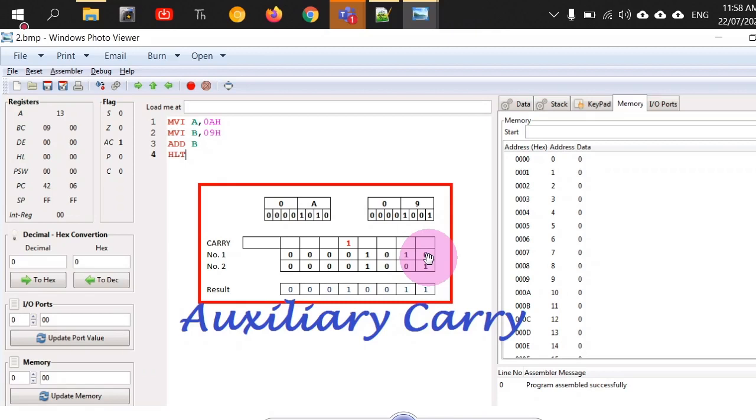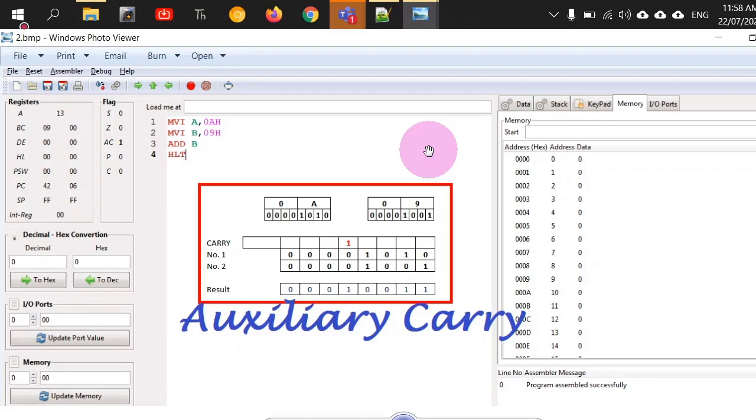But if some calculation is done and the result is to be supplied to the external device, suppose addition is to be done, and that external device can only accept 4 bits, we also need to tell that there has been a carry out of the 4th position. That is why this auxiliary carry is there. We will separately copy this auxiliary carry after sending the data to tell the external device that the result has overflown and there is a carry out of the last position of your nibble's MSB. Understood?